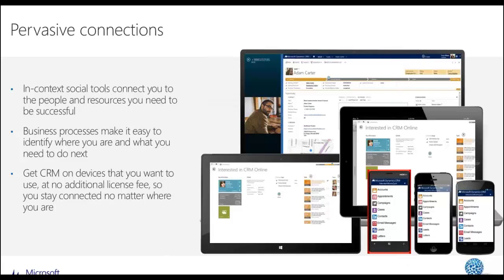Communicating via social networks is second nature to us in our personal lives, and so it should be at work. By giving you social tools and context of what you are doing, you can reach out to your powerful network of subject matter experts, finding the resources you need, using polls to gain consensus, giving kudos when earned. Completely configurable process guidance takes the guess out of work, driving each individual and your entire organization towards consistent communications